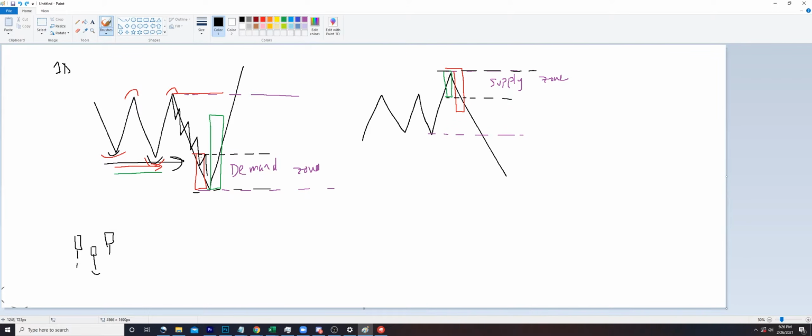Now, this down move through the lows, which takes out that liquidity, and then this big move up had a lot of money that had to be pumped into it to make that move occur. So when something like that happens, what we leave behind is known as a demand zone, if it's for potential bullishness. On the other side, if you have stop losses above these highs that are liquidated for potential take profits, as well as buy stops that are liquidated for entries for the composite man to go short, then you form what we call a supply zone, which means in that area, there are orders left that need to be mitigated out of,